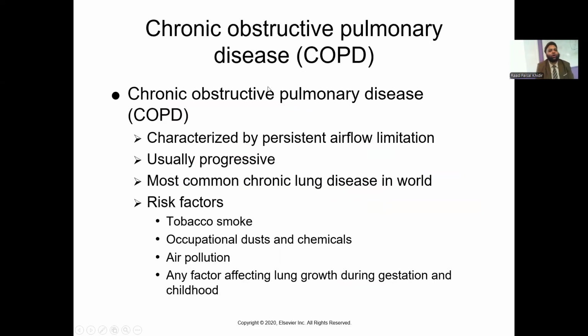Now we move into chronic obstructive pulmonary diseases. So chronic obstructive pulmonary disease is characterized by persistent airflow limitation. We discussed that earlier. There is a problem in the alveoli. So it's usually progressive, meaning that it gets worse with time. It exacerbates. It is the most common lung disease in the world, and the risk factors are always tobacco smoke or occupational dust and the chemicals, air pollution, and any factor affecting the lung growth